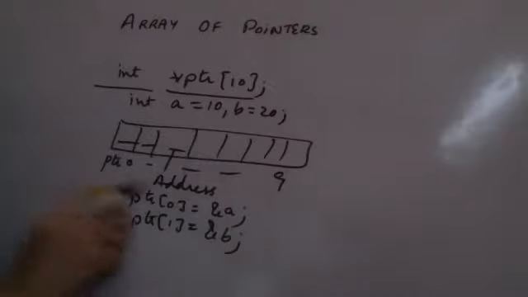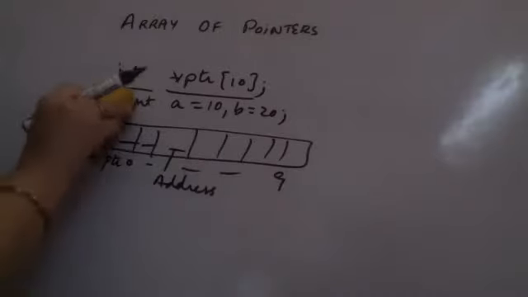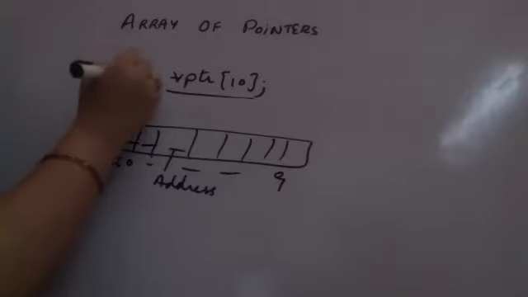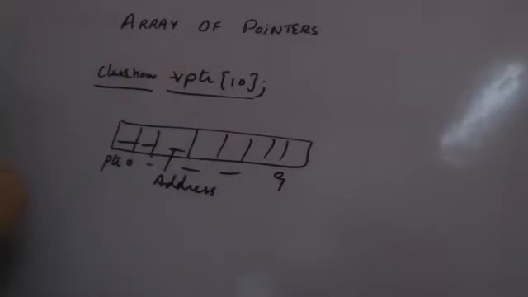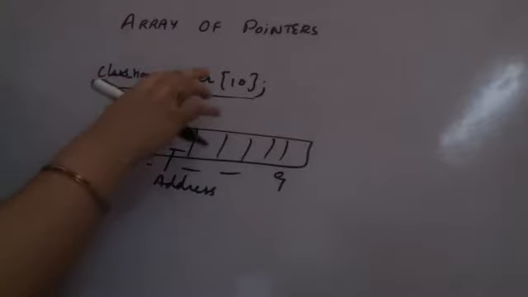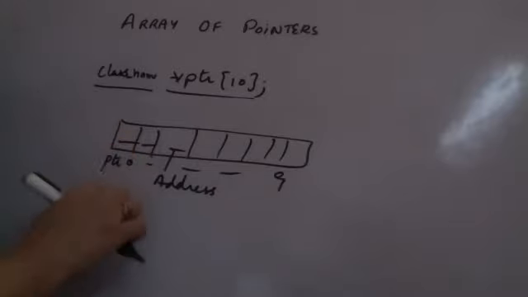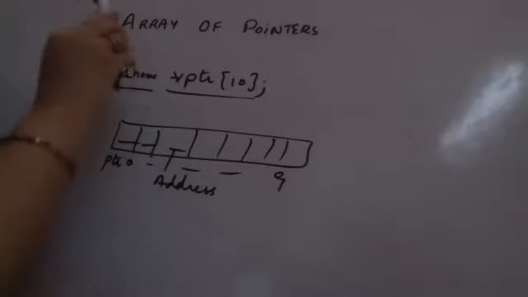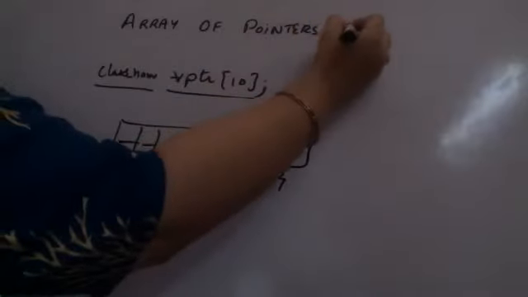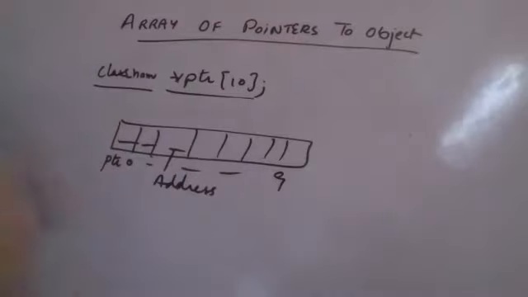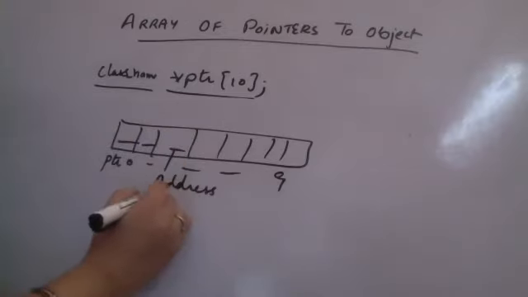Now a similar thing which I am trying to say is, when I am replacing this integer by some class name, any class name, then what is the pointer data type? It is class. So what is happening here? The pointer is again an array of pointers, but this time the pointers are pointing to an object of the class. So we are talking about array of pointer to object. This is what we are talking about currently. Array of pointers to the object of a class. So all of them are going to now point address to object.